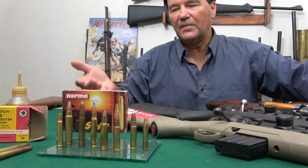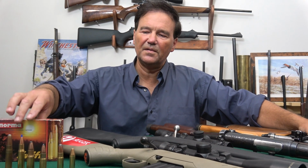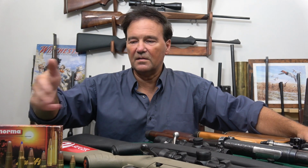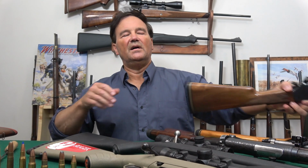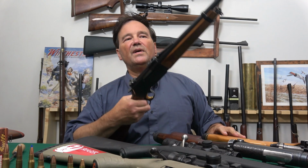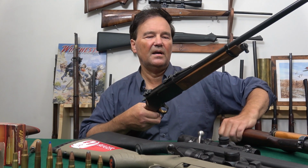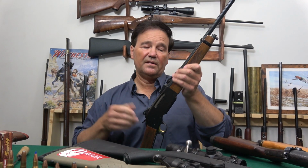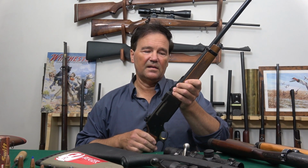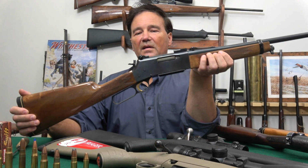I always just look for feet per second and foot-pounds of energy, and obviously they wanted to make some high-end cartridges with these Swift bullets. Beautiful round. Here's the power to weight ratio of this little rifle, and you all know the BLR. I think we reviewed the takedown just because it's easily the simplest takedown system I've seen. This is not a takedown. This one's made in